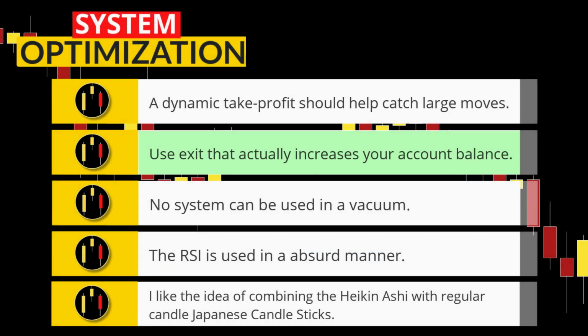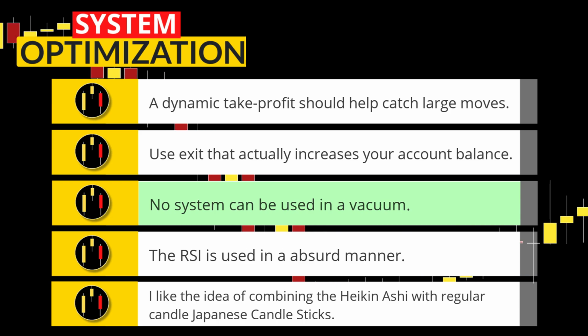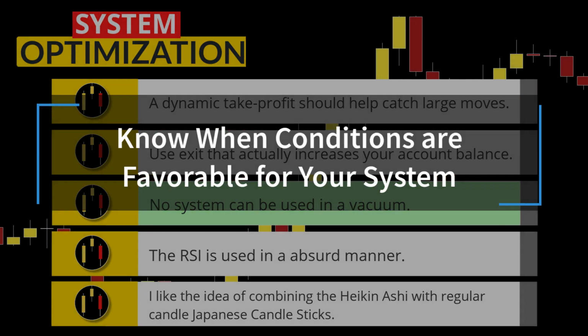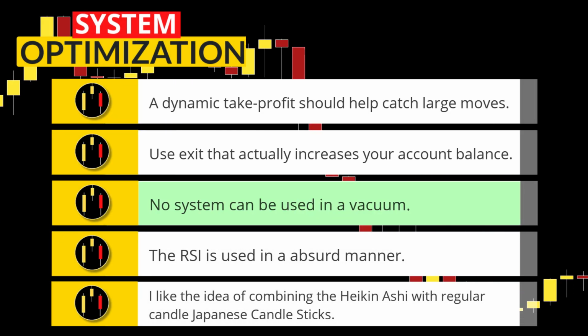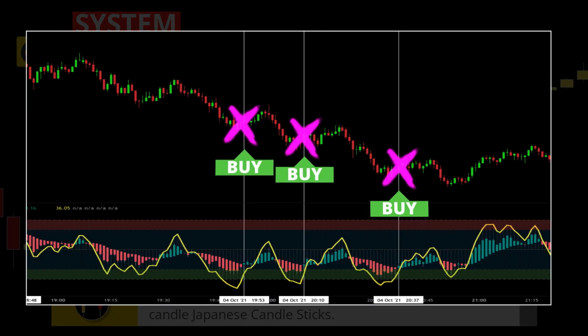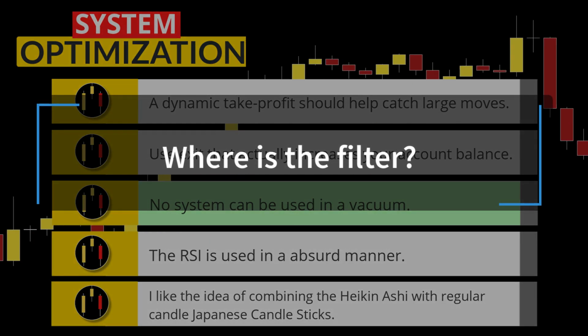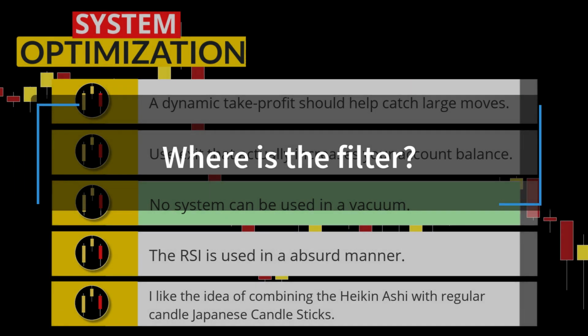Look here where we can see the exit points using this goofy method versus exiting on a super trend sell signal. Third, and this is key for any system, you must know when to deploy your trading strategy and when not to. That is the difference between bots and a successful trader. Look at these 3 losing buy setups during a clear downtrend. Why would anybody take these positions? Generally, these will be filtered out by a trend filter like the 200 EMA or some common sense.